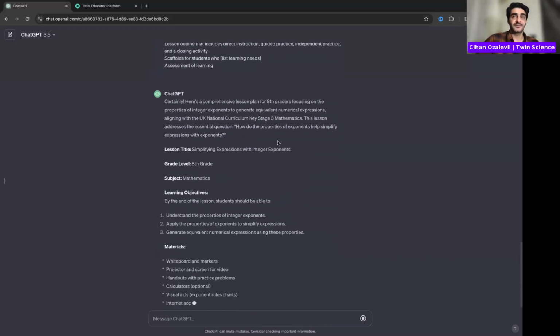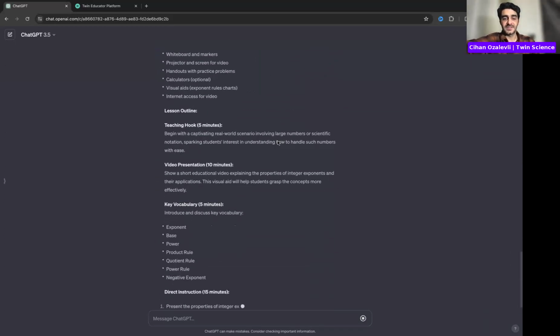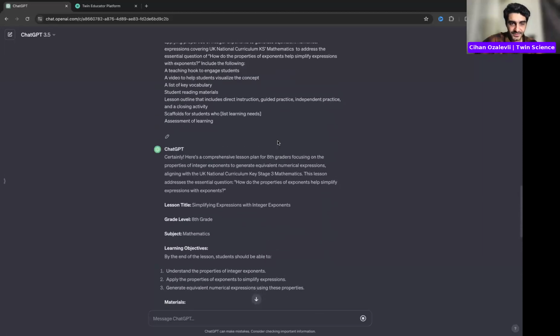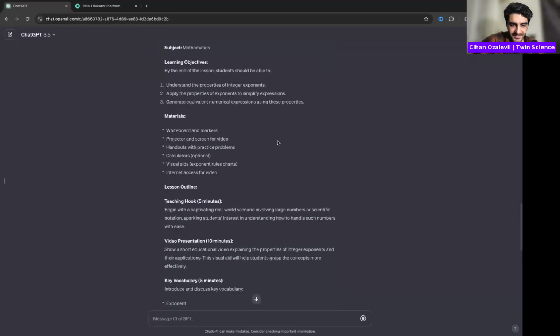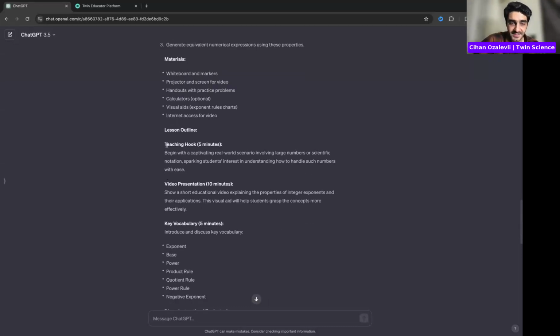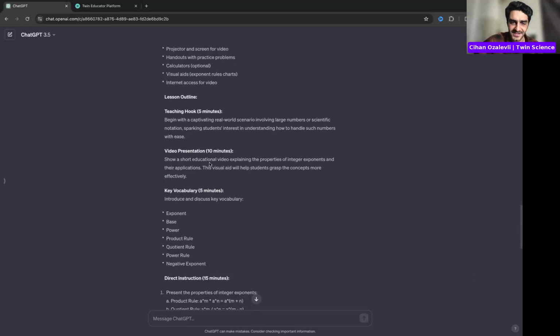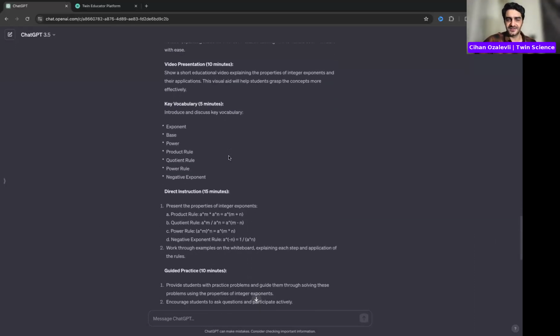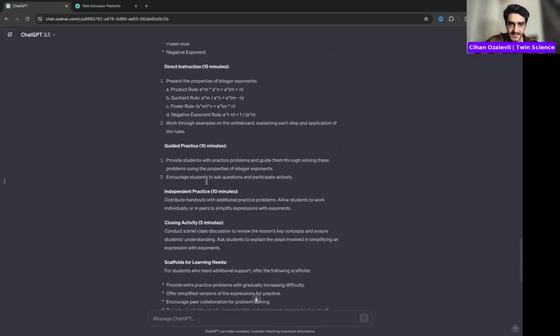So this time, as you can see, it broke down the lesson. It started with a teaching hook. Begin with a captivating real-world scenario involving large numbers or scientific notation, sparking students' interest in understanding how to handle such numbers with ease. The video presentation, the key vocabularies, again listed.